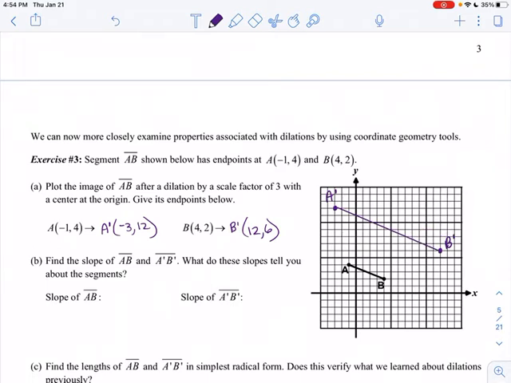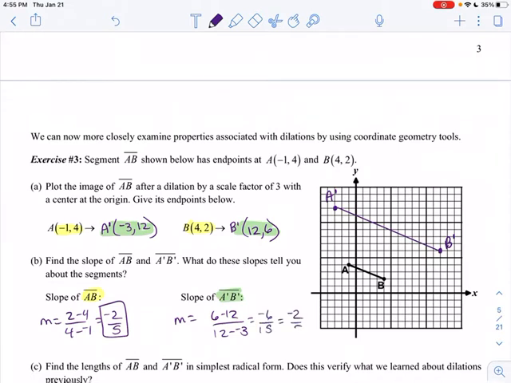Find the slope of AB and the slope of A prime, B prime. So the slope of AB, I'm using these points right here, A and B. Remember, my slope is the change in y over the change in x. So I'm going to have 2 minus 4, and 4 minus negative 1, is negative 2 over 5. And then I'll find the slope of A prime, B prime. So I'll do that in a different color, just to make sure. I forgot to do this one, yellow. All right, make sure I'm taking those right points. So the slope is going to be 6 minus 12, and 12 minus negative 3, negative 6 over 15, which